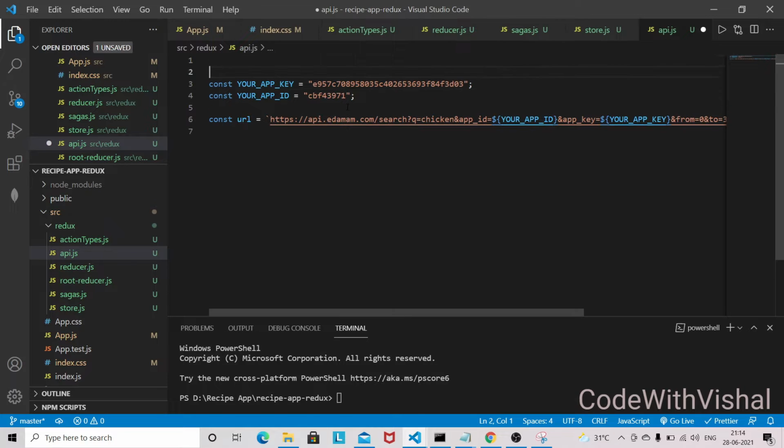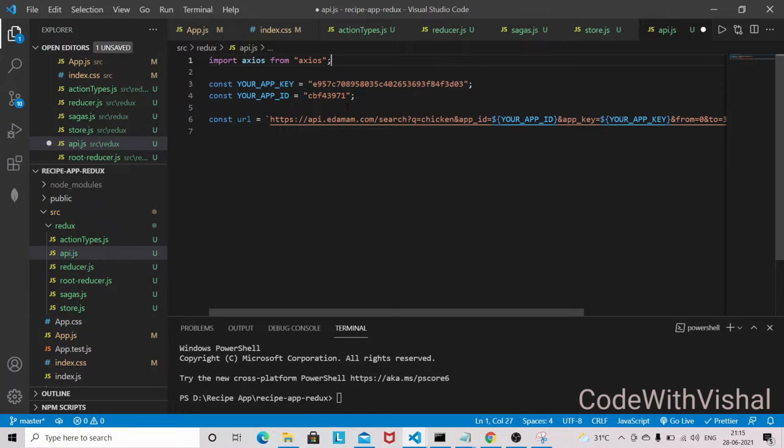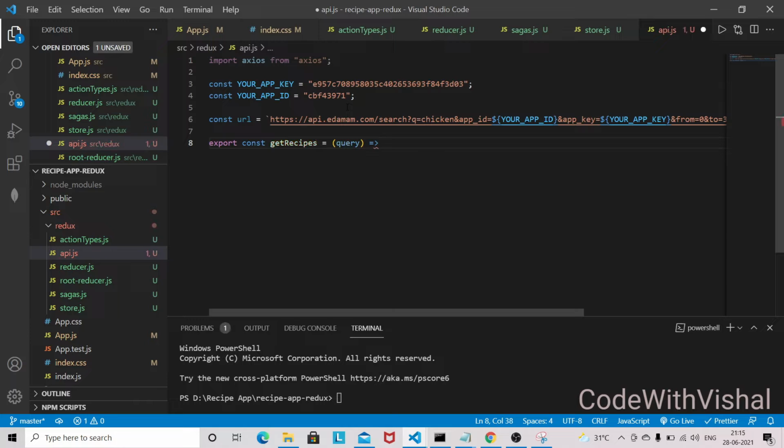Now we need Axios here. So we have our Axios. Now I will write one function, export const getRecipes, and it will receive a query, and it will be async.